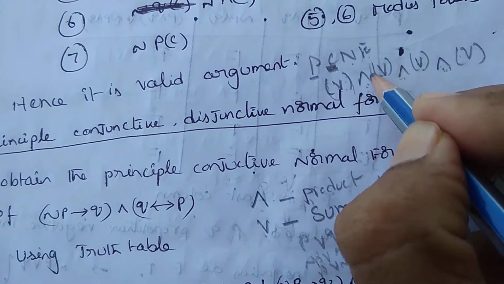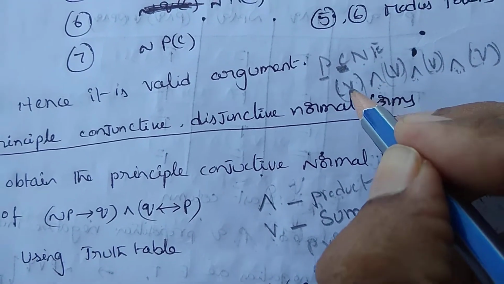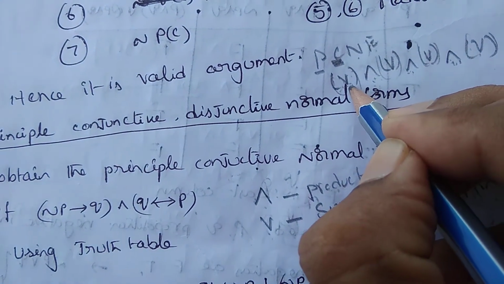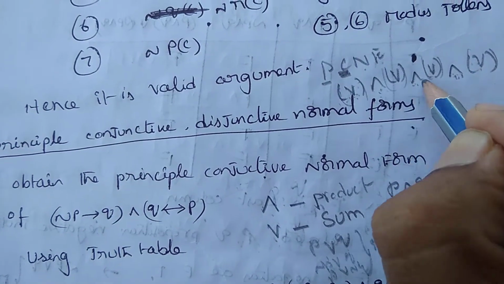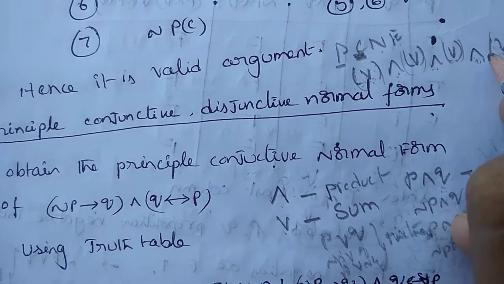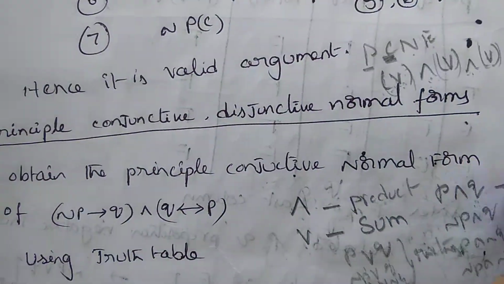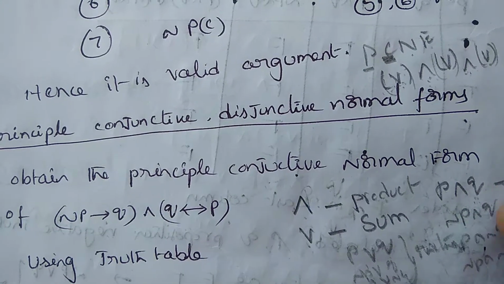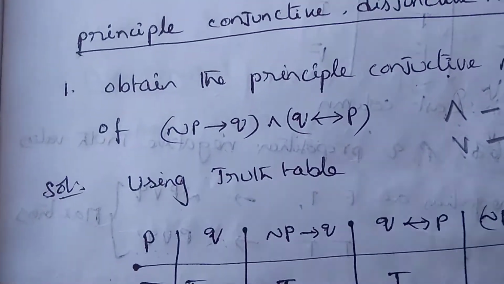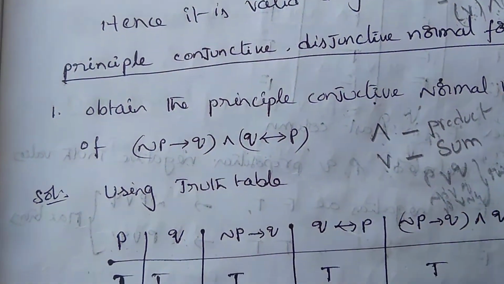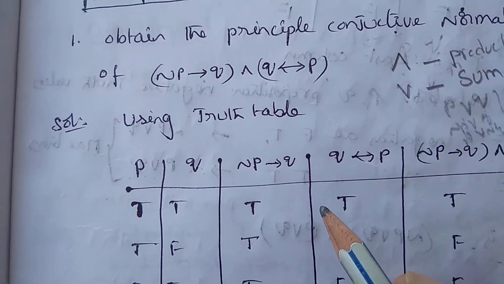That means in the bracket compound propositions, maxi terms are there. These OR symbol terms are also called maxi terms. So product of maxi terms. Product of maxi terms is called PCNF. Like that, oppositely, sum of min terms is called PDNF. Sum of min terms is called principal disjunctive normal form. So I think you can understand this. So using that, there are methods for finding principal conjunctive normal form.